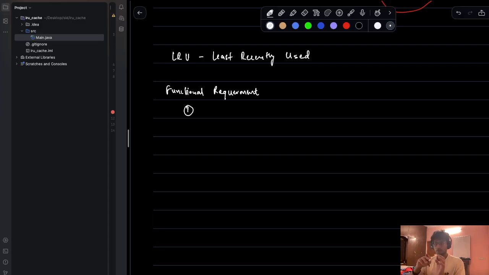This is going to be a key value based cache, right? So you'd want to be able to add a value and remove a value from the cache, right? So the first requirement is put of key comma value should add the data to cache,